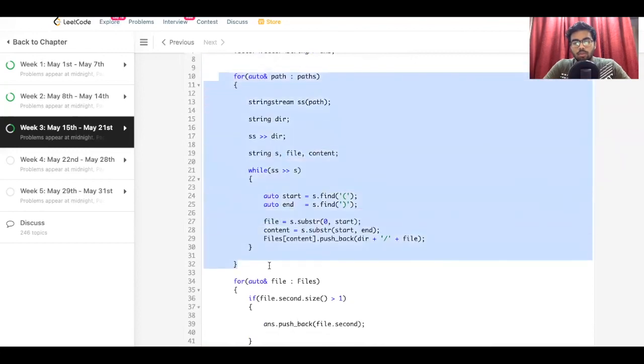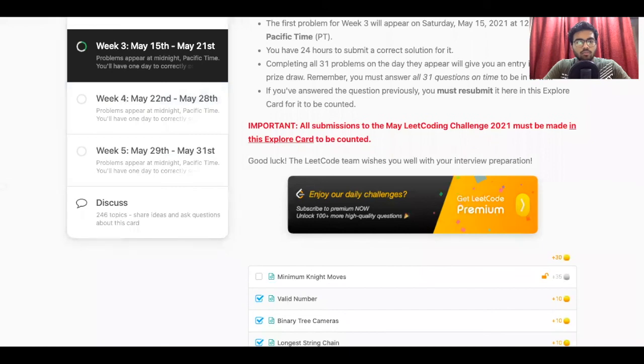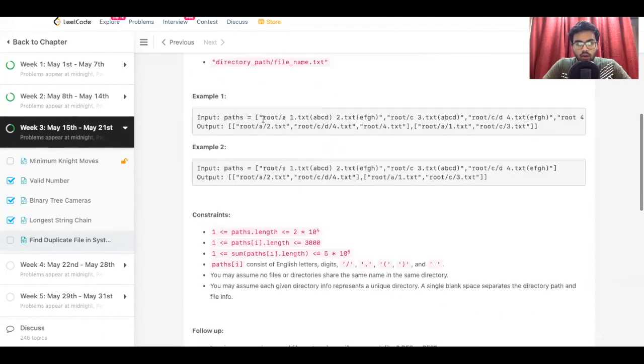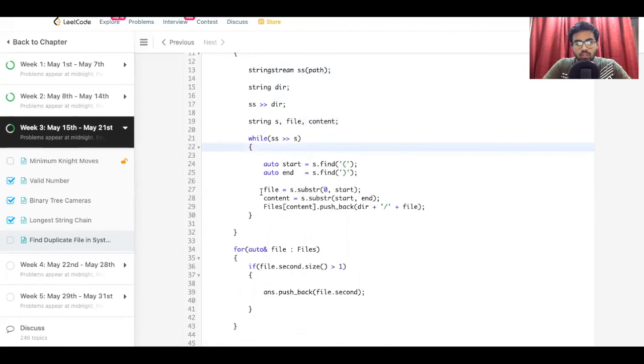Now we run a for loop in all the paths that we have, and from there we call a string stream function which stores the path in ss, and then we made a directory, and all the characters before the space are stored in the directory, and that's what we did here with the string stream function. And then we define file content for storing the file and the content.